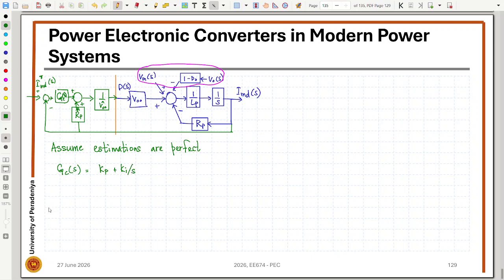If we assume this as the model, then we can have the simplified one. We have the inductor current reference, so we have the Kp, and we have the Ki, and 1 over s. We have the disturbances,